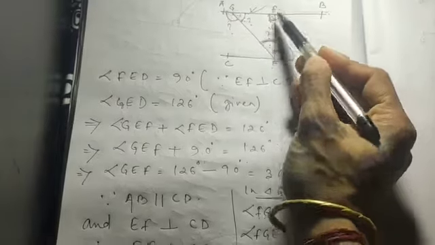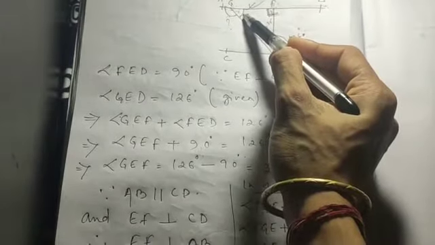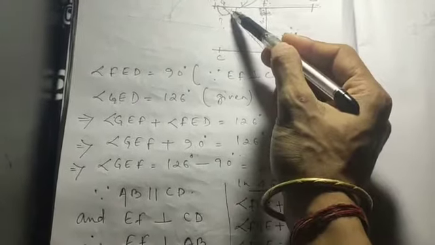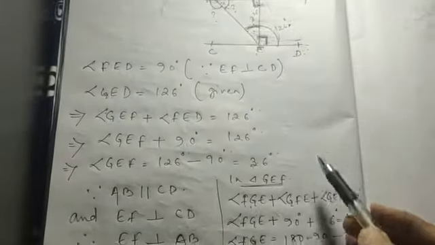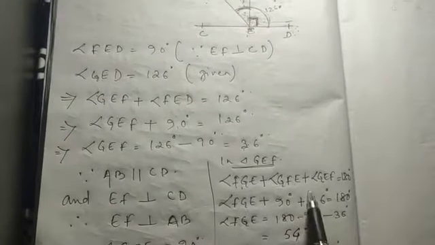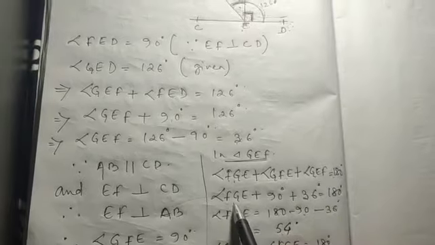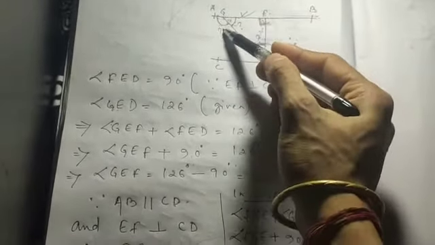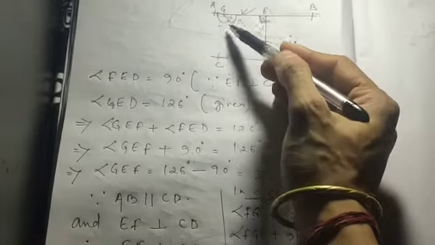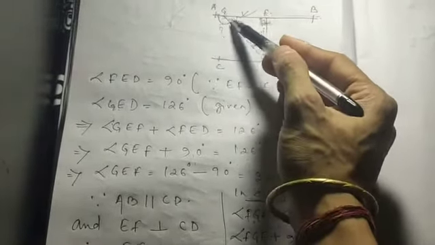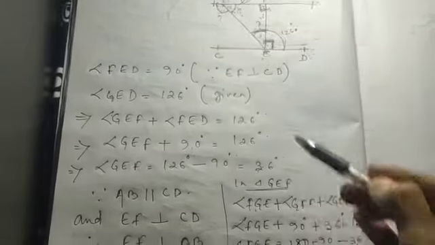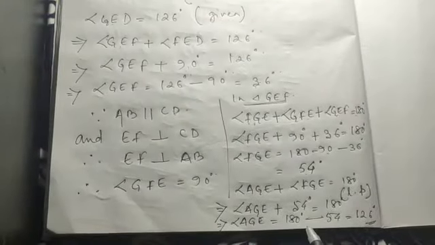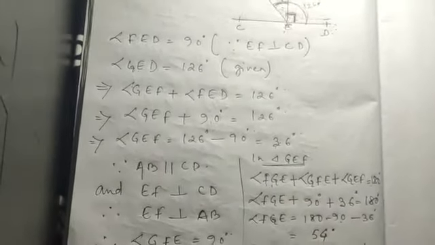Now we came to know this one, we found out this one. How? With the triangle property, that is, sum of the angles of a triangle is equal to 180 degrees. In this way, we got this angle. Now, after getting this angle, we have to find out this angle also. They asked to find out this one also. How? This plus this equal to 180, linear pair. So, taking out this angle. Got it? Let's see the next sum.